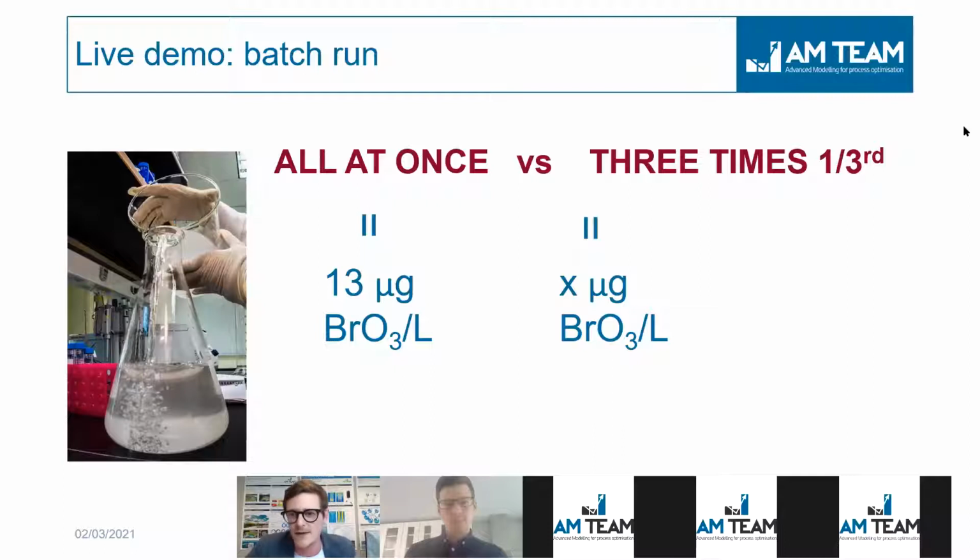But anyway, the winner is 8 micrograms per liter. It's like 47% of you that really believes you will have much less bromate. And then it's divided. But quite some people, like 25%, 1/4 of the audience, also thinks you will have higher bromate, so 15 micrograms per liter. I will share the results. Normally, you can see the results right now on the screen. So 8 is the winner, but there are quite some people also thinking that you will have higher bromate formation. Okay, well,